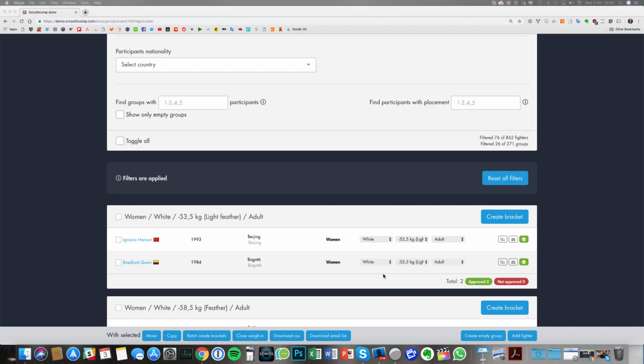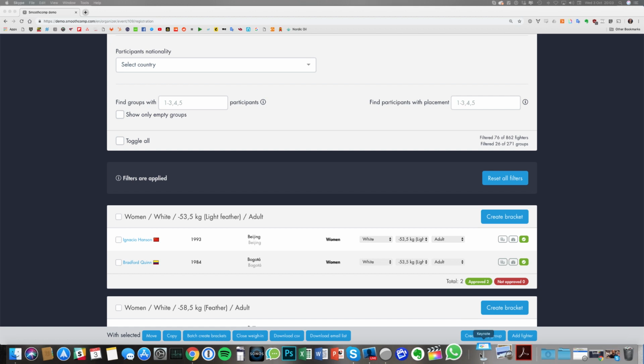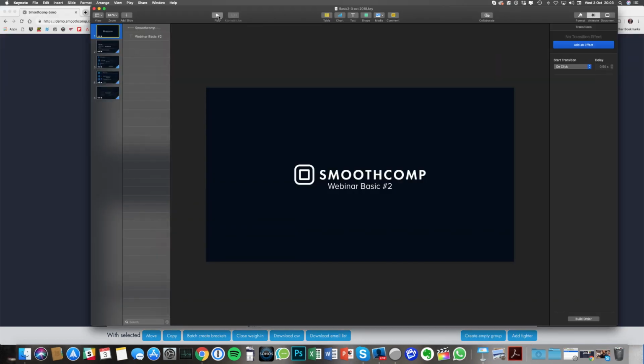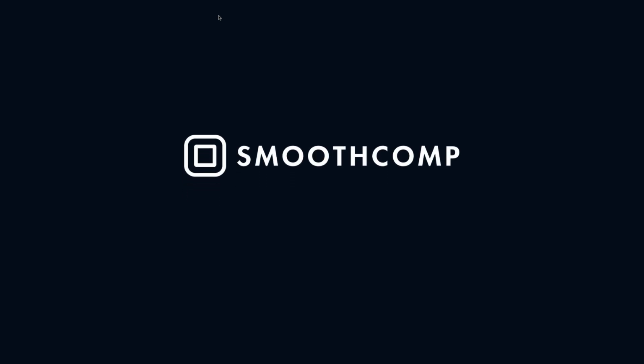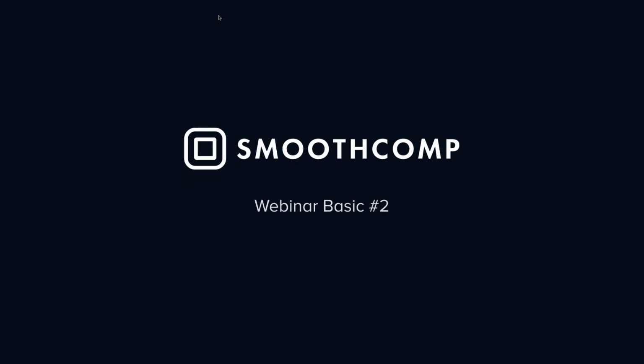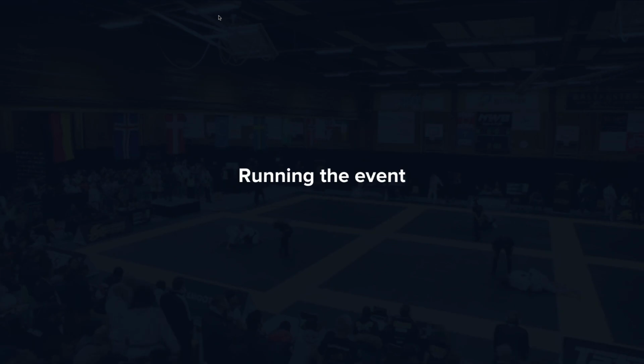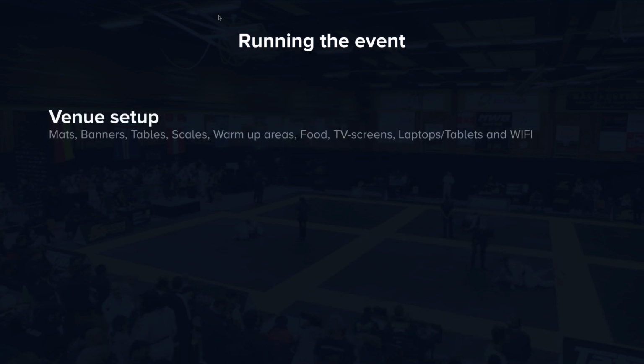Yes, perfect. So this is before we actually look at the different functions and we can go into details. This will be a general overview. And as I said, this will be during the weekend. Normally this will start the evening before if you're setting up your event, or the early morning, the same day of the event. And there's lots of practical stuff, of course, that you need to attend to.